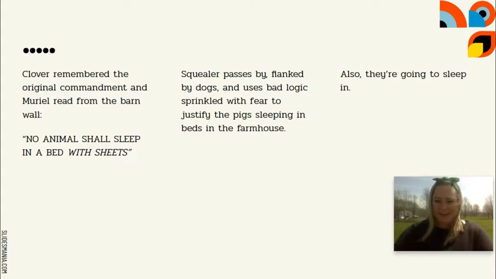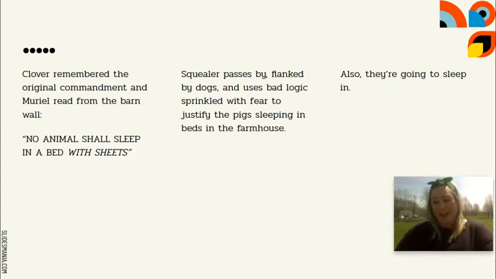And you know, here we have the consequence of not being able to read, of not being educated, because had the animals been able to read, they would have seen that these things are changing and they would have had proof. But remember, they didn't want to read, they trusted the pigs, and now the pigs are taking full advantage of their elevated status because of their knowledge and their ability. And now the pigs are oppressing the other animals.